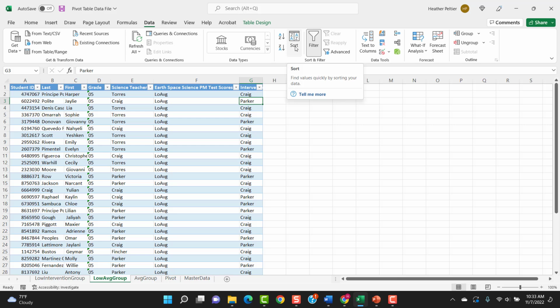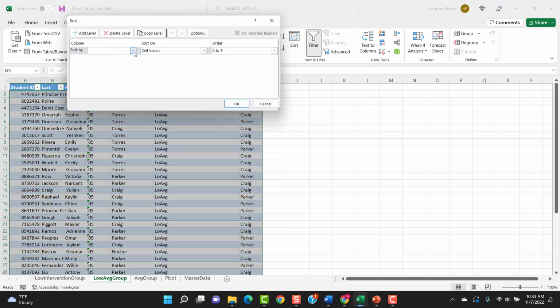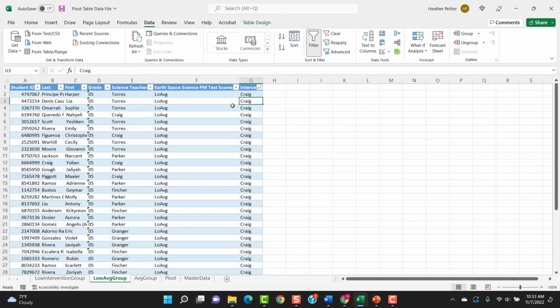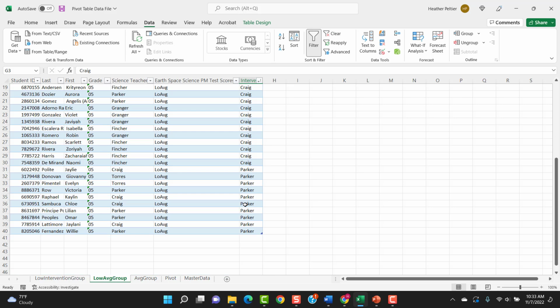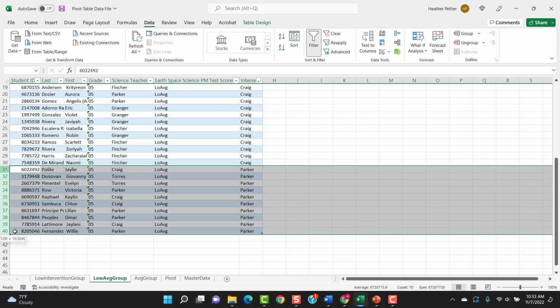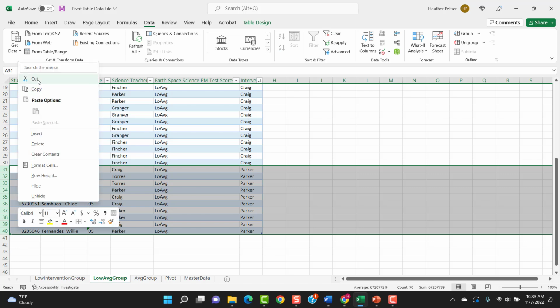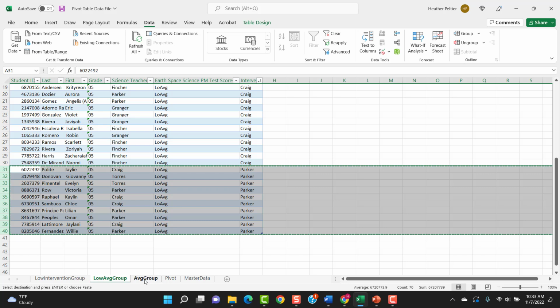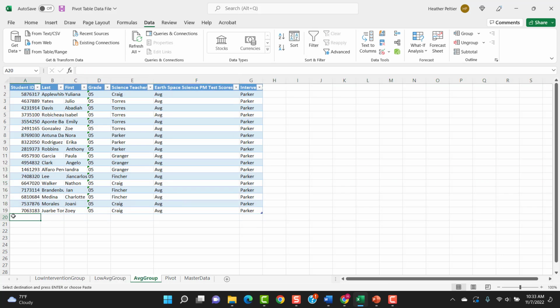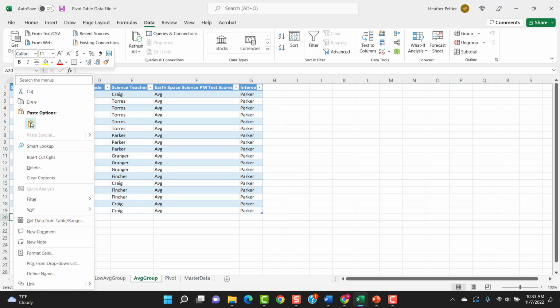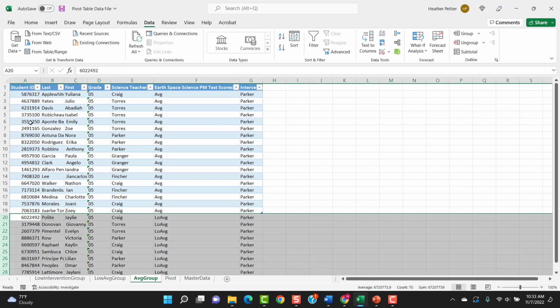the Excel ribbon, click on Sort, sort by intervention teacher, say OK. And now my students are showing up at the bottom here. And so I'm just going to grab these rows, highlight them, right click, cut, come over to my average group, click in here, and I'm going to right click again, paste,